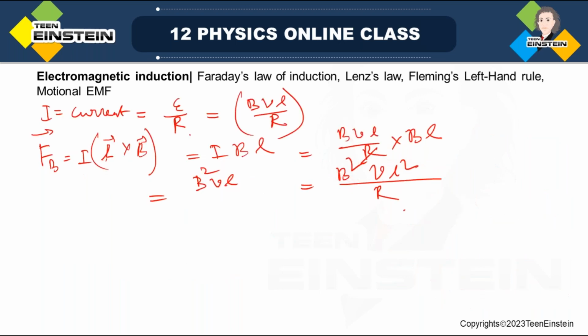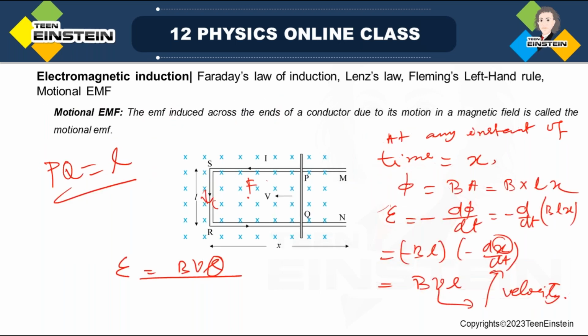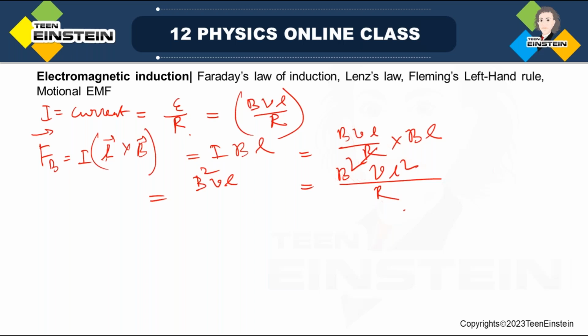Just to hold this conductor in its position, you have to do certain work done by an external force. So what is that work done? Work done will be given by